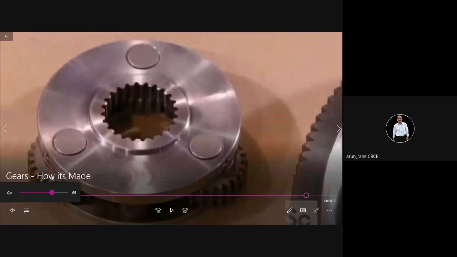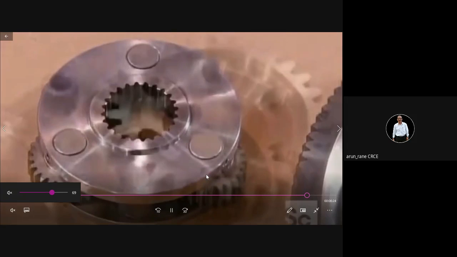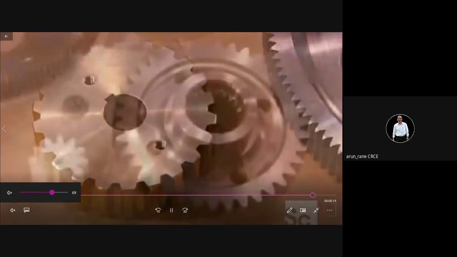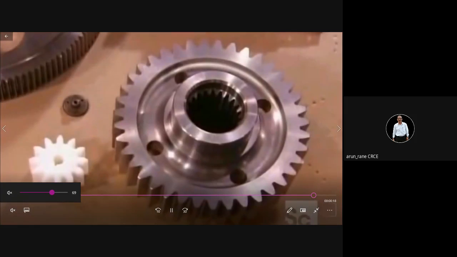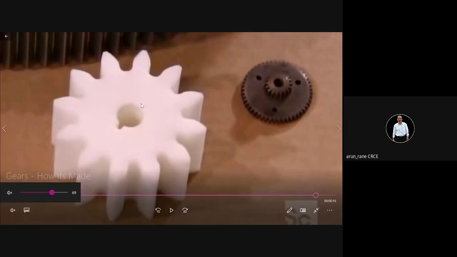Now this is the gear which is clamped with this disc, and this disc has internal teeth. So this is going to be mounted on a gear shaft. Nowadays, gears are also made out of nylon, which is a type of plastic.